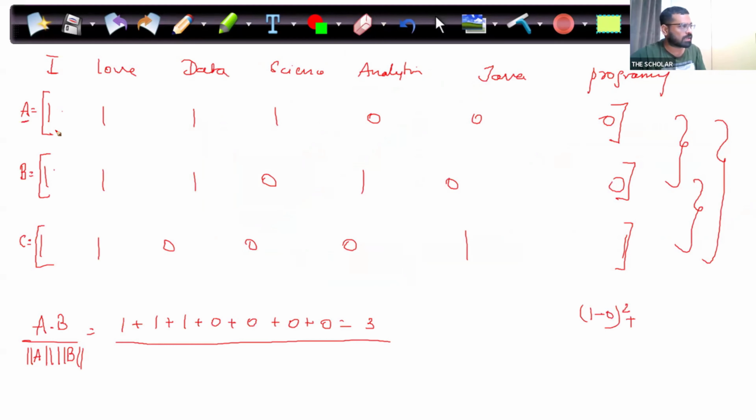तो ओरिजिन तो सारे जीरो ही होंगे। ओरिजिन क्या होता है? सारे पॉइंट जीरो, तो सारे जीरो हैं। तो 1 माइनस जीरो स्क्वायर इज 1, प्लस 1 माइनस जीरो स्क्वायर इज 1, प्लस 1 माइनस जीरो स्क्वायर इज 1, प्लस 1 माइनस जीरो स्क्वायर इज 1, प्लस 0 माइनस जीरो स्क्वायर इज 0, और बाकी भी 0। तो क्या हुआ? 4 1 हो गए, 4 1 का स्क्वायर 4 हो गया। तो यहाँ पे 4 आ जाएगा।